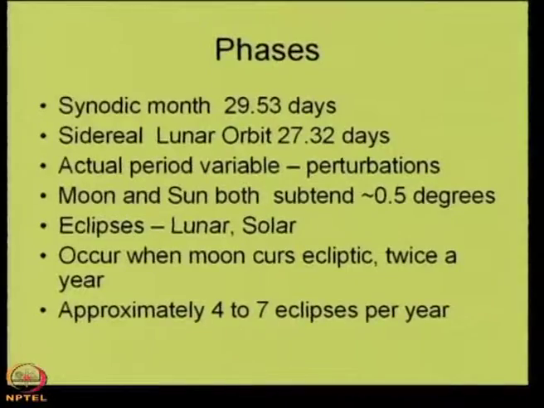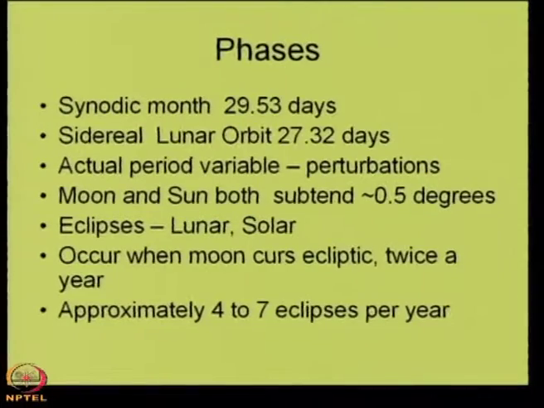Okay. So, the orbit of the moon is fixed, you can think of it, and the sun is moving in the ecliptic. So, the two orbits will intersect only twice a year. And so, whenever the moon is around that region, you will have eclipses, and you roughly have 4 to 7 eclipses every year. Not all of them are very significant. Sometimes there are total eclipses, but by and large they are quite insignificant ones, partial eclipses. Okay. So, that is the rough figure for